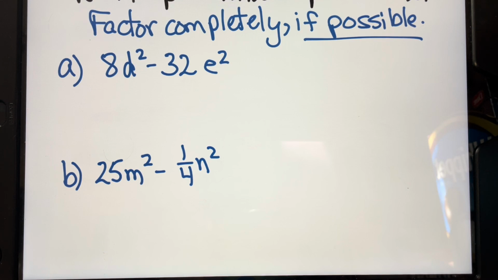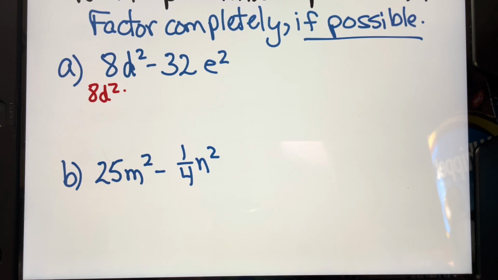So if you were looking at question A, you're going to notice that 8 is not a perfect square and neither is negative 32. So that means I have to be able to factor out a greatest common factor before I do difference of squares. Otherwise, it looks like a difference of squares question. So I'm thinking